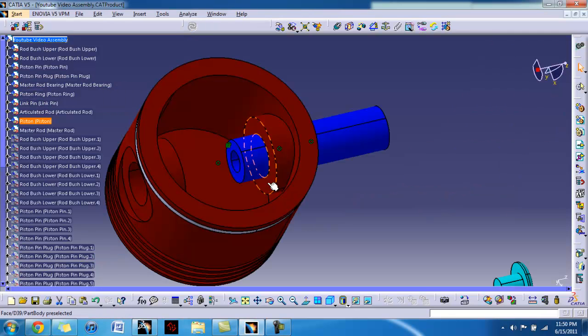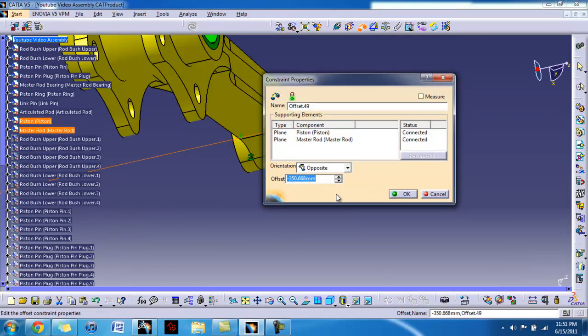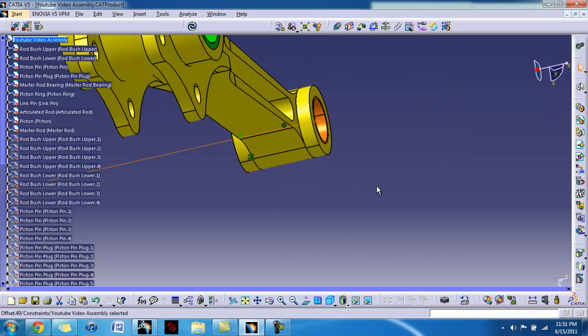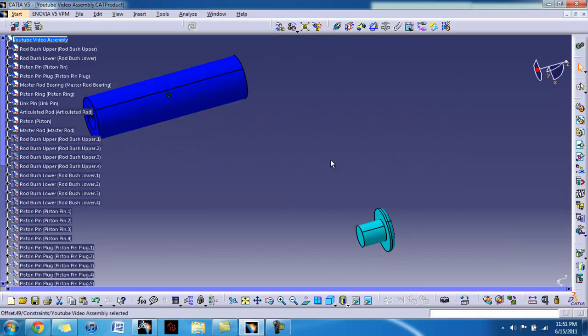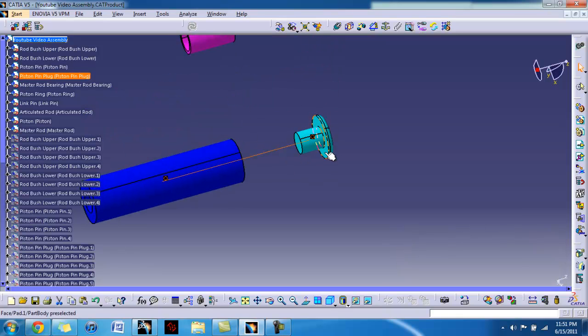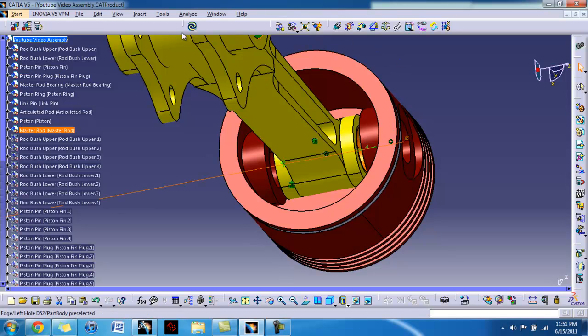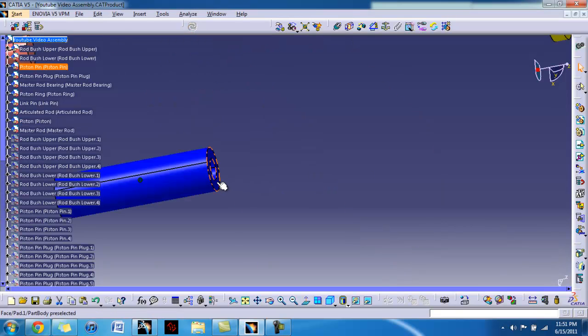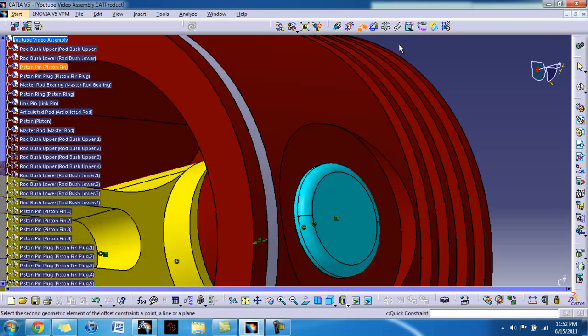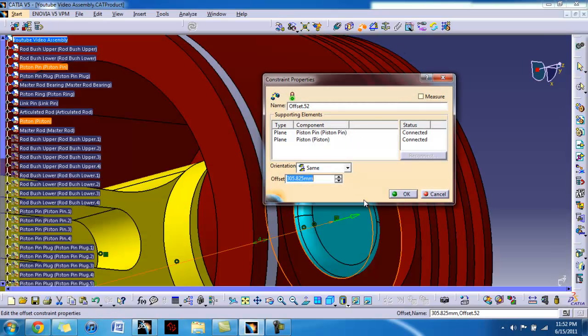Hit update, and next we're going to fit the piston in, so that's going to have the offset constraint between that surface and this surface, but instead of 0, it's 4 this time. And hit update, make this coincidence to here, and hit update. This has a contact constraint to this surface, and hit update. This has an offset constraint of this surface to this surface once again, but it's of 2 this time,